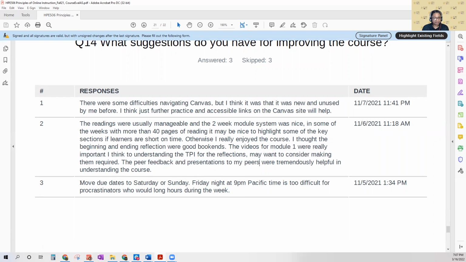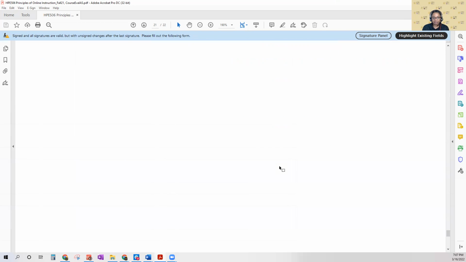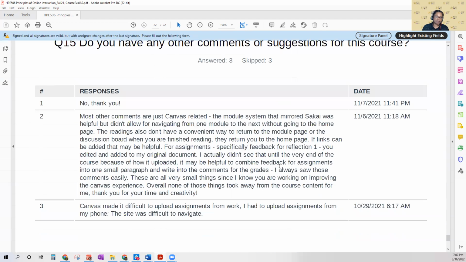Now in this one, there's another suggestion for change, which is moving due dates to Saturday or Sunday and not a Friday night. Okay, so I've already got like three suggestions for improvement, right? I've got a time change that I want to make. Navigating Canvas needs to be simplified, and I need to make accessible links. Now, the last section here was any other comments and suggestions. Again, I have a lot just related to Canvas alone.